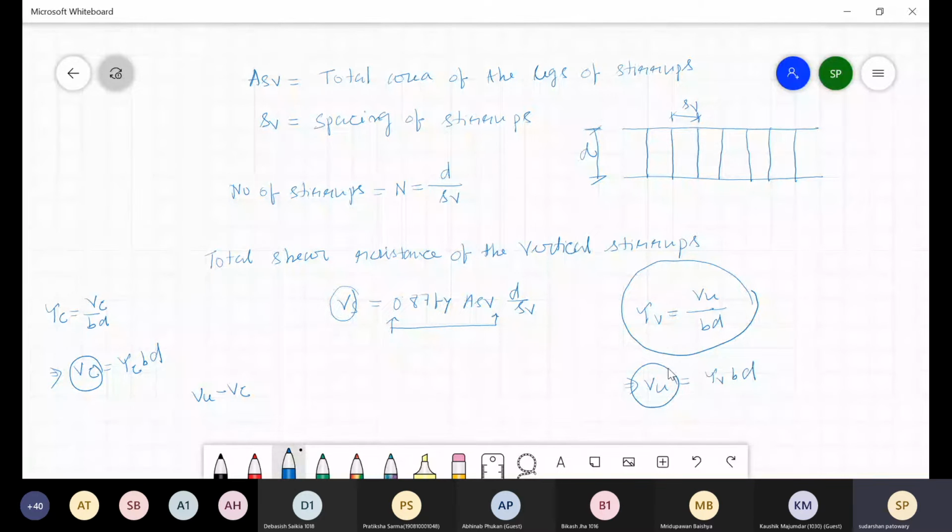So Vs is equal to, I can write, total is Vu, the shear force. Vc can be resisted by the concrete. The remaining will be resisted by your stirrup. That's why we are providing stirrups, and that's why we are designing the beam for shear failure also. So Vs is equal to Vu minus Vc. That means we can write, tau V minus tau C.